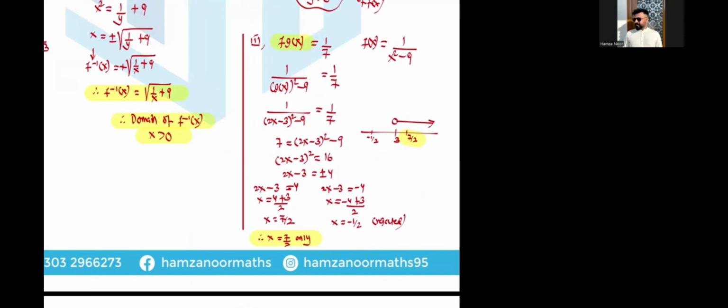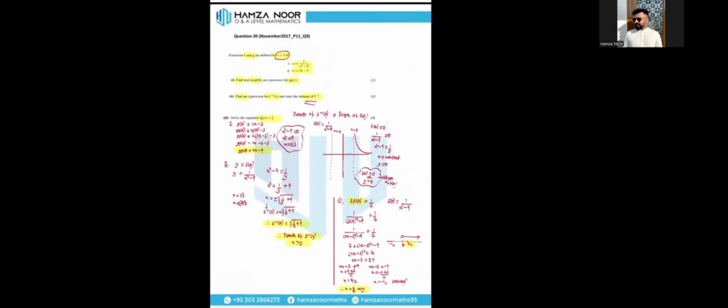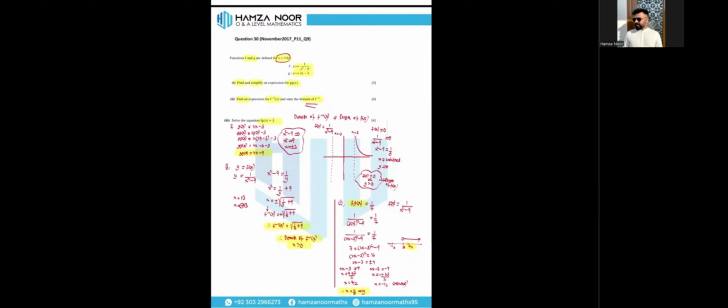However, in this case, only those answers would be acceptable which are according to the restricted domain that x is greater than 3. Therefore, x is equal to 7 over 2, meaning x is equal to 3.5, is your only acceptable answer. All right, so here is the complete solution for this question, October-November 2017, paper 1, variant 1, question number 9. So now let's move on to the next question, which is handout question number 32, October-November 2017, paper 1, variant